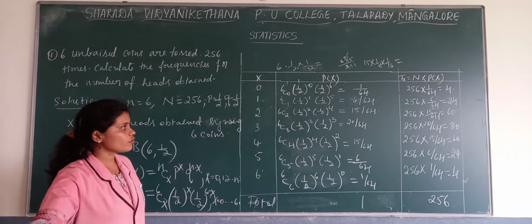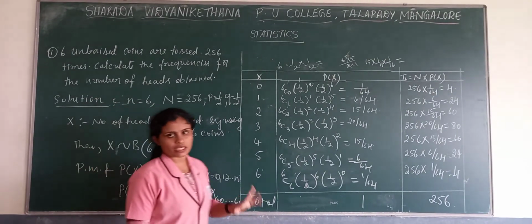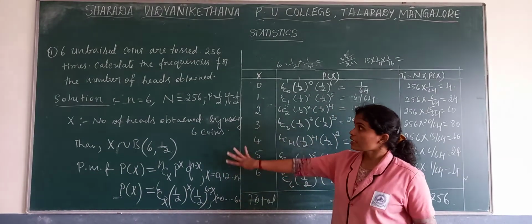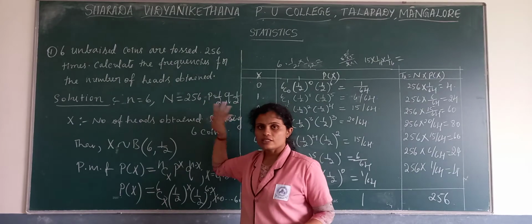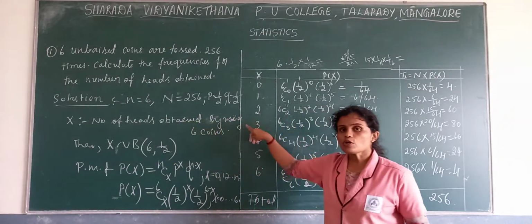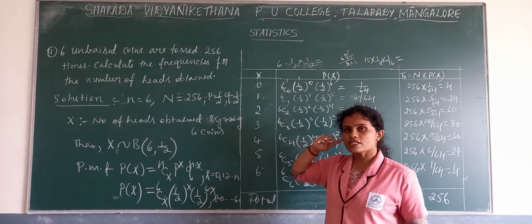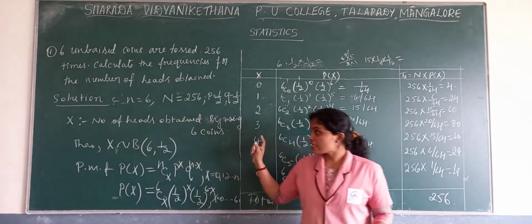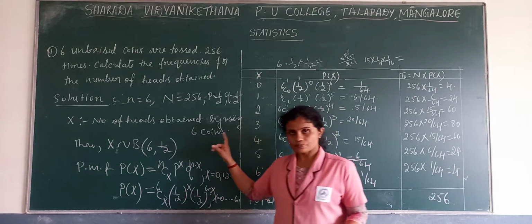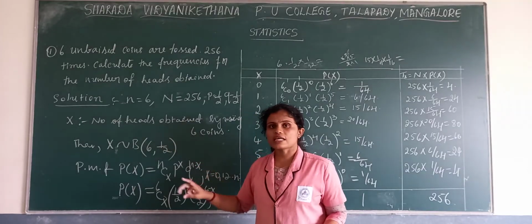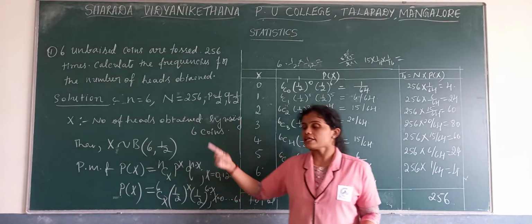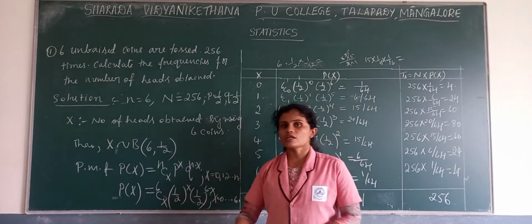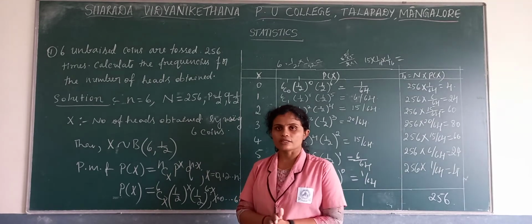That is about expected frequency, how to find expected frequency by using binomial distribution. With this we can wind up the topic called binomial distribution. One more 10 marks problem is there in binomial distribution; if necessary we'll discuss it later, otherwise it's not necessary at this point. Now with this I'll wind up binomial distribution and move towards the next distribution, that is Poisson distribution.